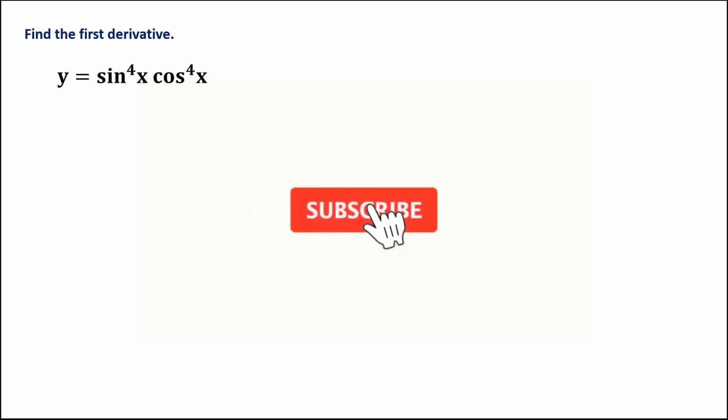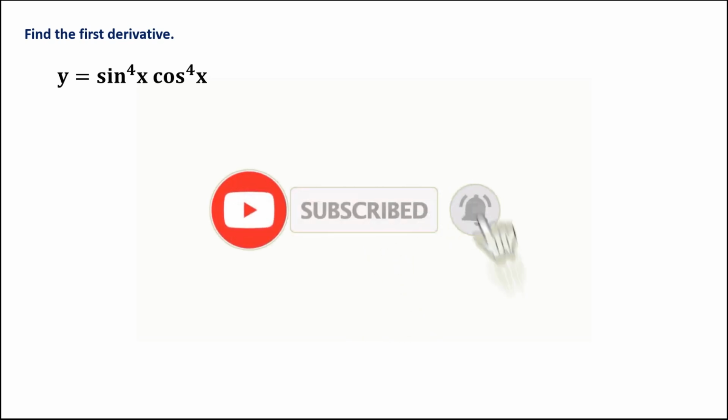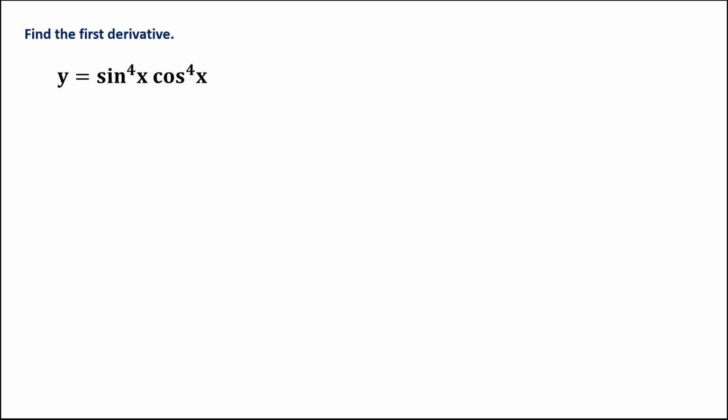So for this problem, we want to find the first derivative of y equals sine to the power 4x times cosine to the power 4x. Since we can rewrite this given y as y equals sine x cosine x, quantity to the power 4. Then using now this identity that